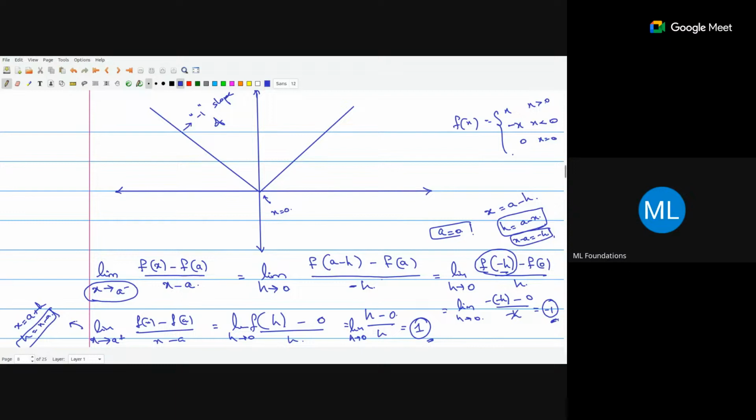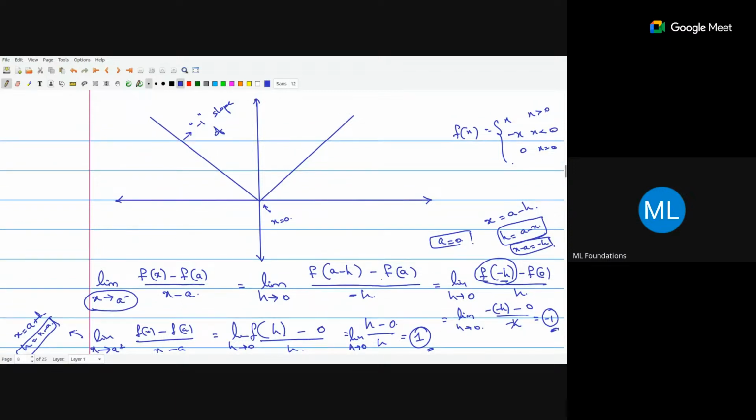So the rates of change are different. And you see the rates of change, 1 and minus 1, are actually the slopes of those lines. So minus 1 is the slope of this function f, and the slope of this other part is plus 1. There is a sudden change in the rate. So that is why a sudden bend has occurred at x equals 0. This sudden change in the graph tells us that the graph is not smooth at that point. If it is not smooth at that point, it is not differentiable.